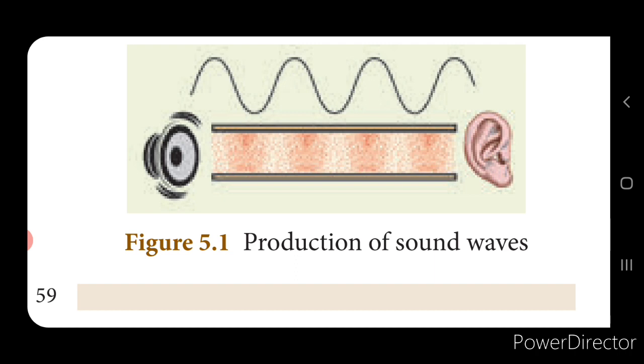Now if it is transmitted in the form of waves, can you hear sound in a vacuum? No, you cannot hear sound in a vacuum. So it needs a medium for the sound waves to transmit and to reach our ears. The vibrating particles take place. Where are these particles present? These particles are present in a medium like air, water, steel, etc. So it needs a medium for its propagation.